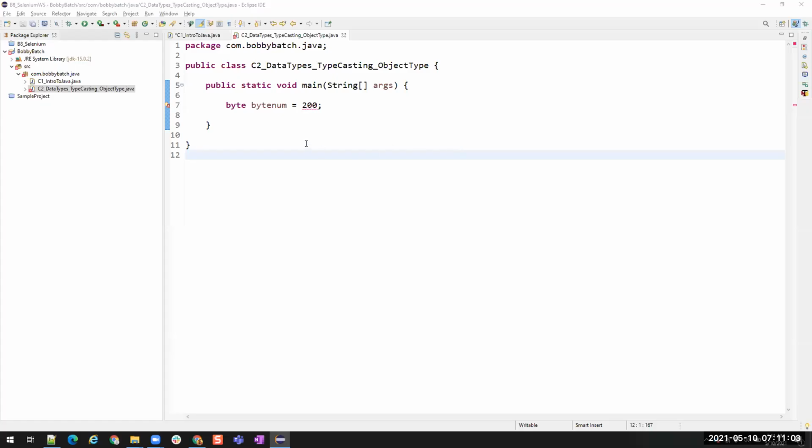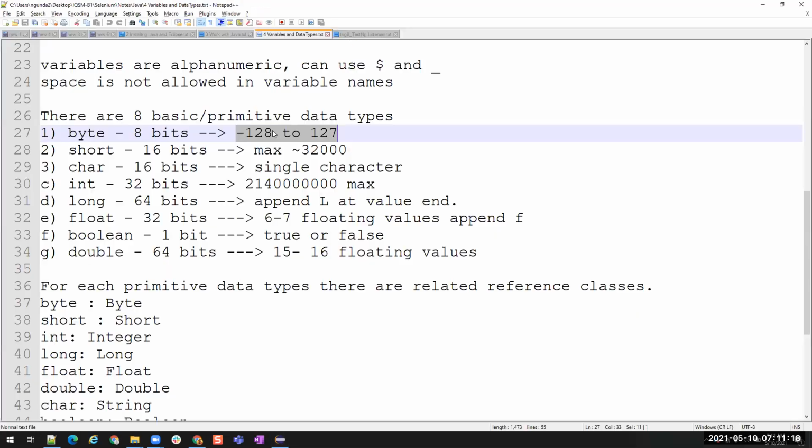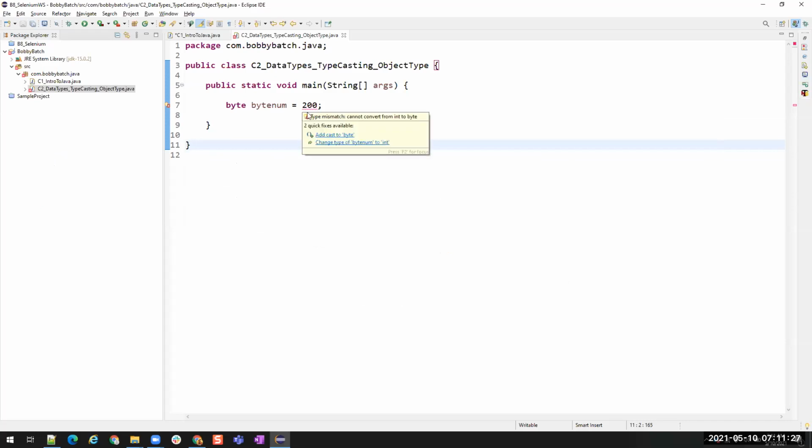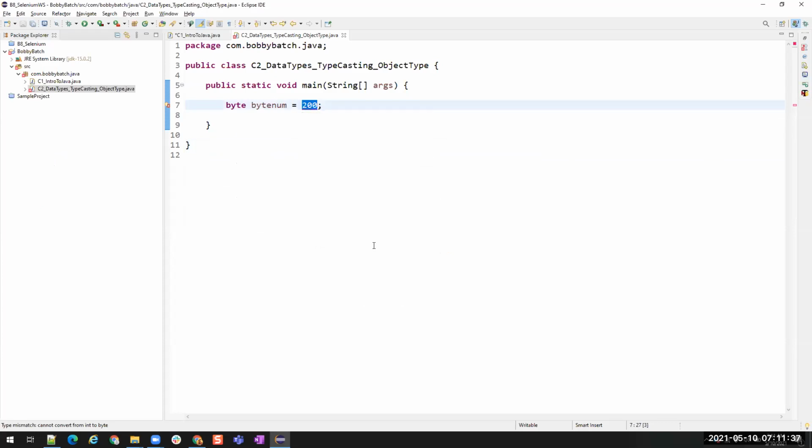All right. So now I'm trying to create variables with different values, and let's see that. The range of byte is from -128 to +127. We have seen how to calculate it also. Now if I try to store a value which is more than that range, it says cannot convert from int to byte, because this is out of range.